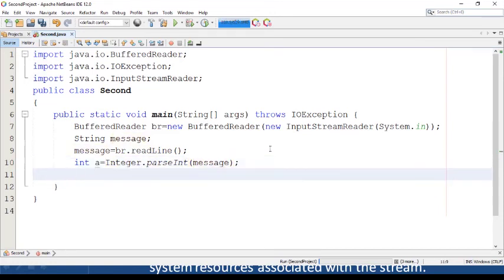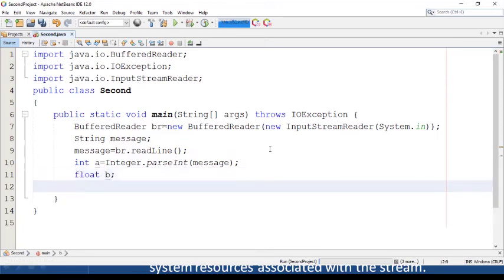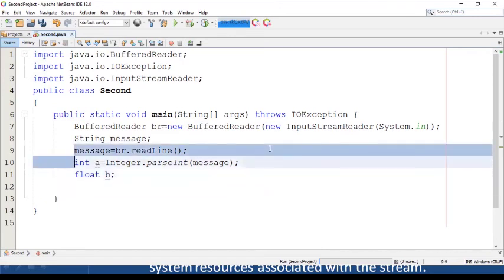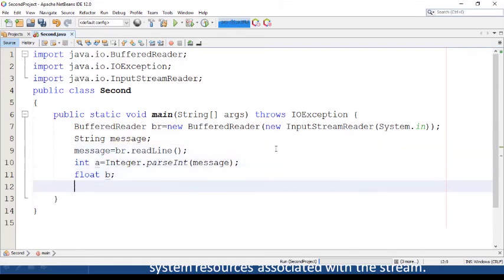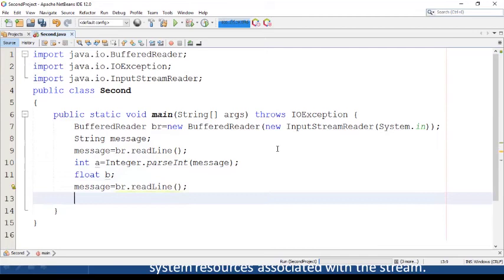In the same way, if you want to read one more variable, let's say a float variable, again you have to read the data as a string and parse a float value from the given string. B is equal to Float.parseFloat. For parsing a float, you use the parseFloat method of the Float class.